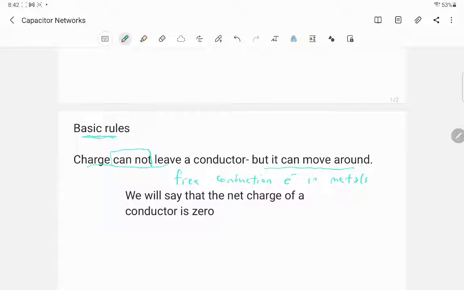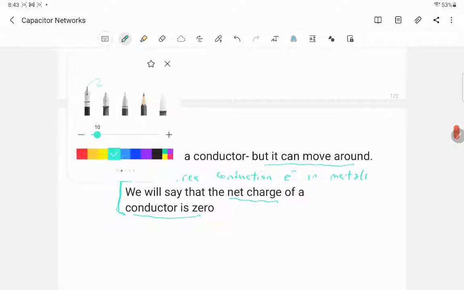So these free conduction electrons can move around. We will also say, and I've set it up above, that the net charge of every conductor is 0. So what this means is that, for example,